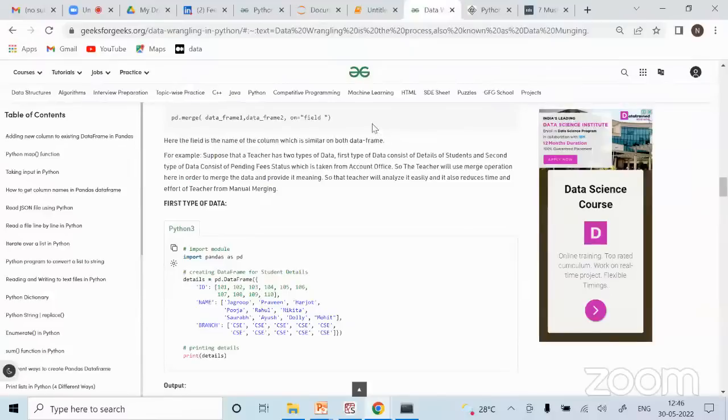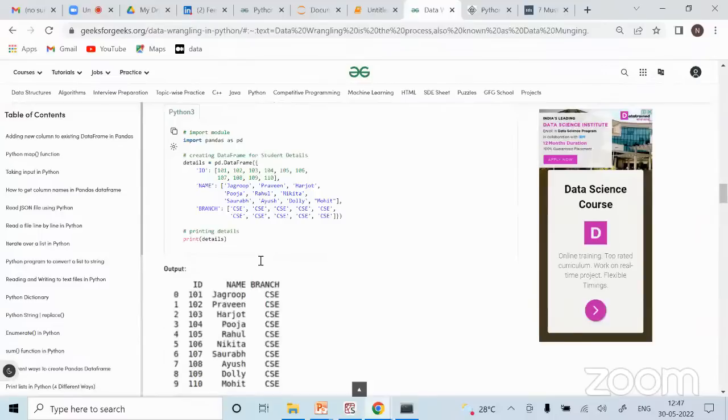As I said, for a simple reason, if you try to save everything in one table or one file, it will be too hard to handle. You can't open a file even on your laptop which has, let's say, 10,000 rows or 10,000 columns. It's too heavy to load. Rather, if you have three files with 3,000 records each, it's much easier to open and process. So for the same reason, data is kept split, and there is a key on which you can merge the two data sets. So the teacher will do the merge operation here.